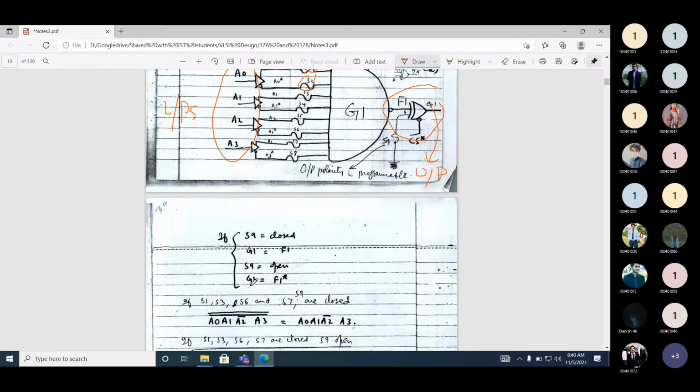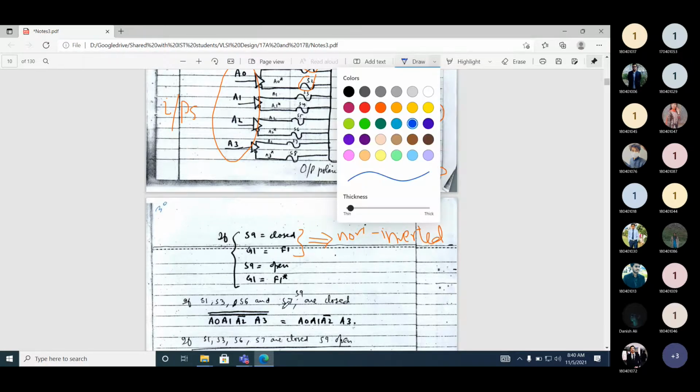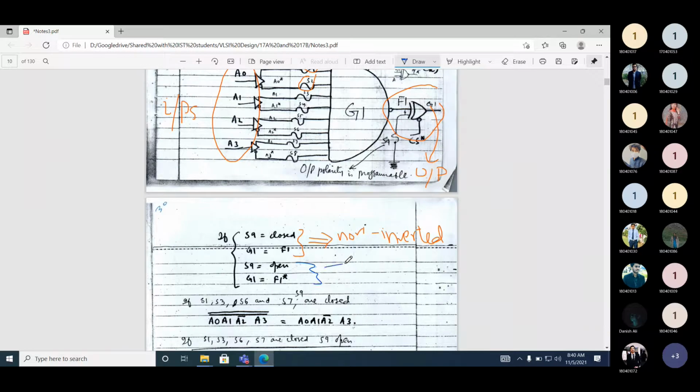So if it is F1, is this non-inverted output or inverted output? Non-inverted output. So in this case, if S9 is closed, the output is non-inverted. And in the scenario when S1 is 1, the output is inverted.